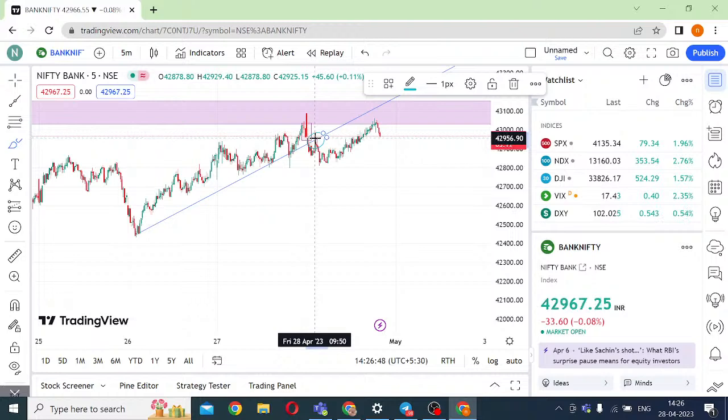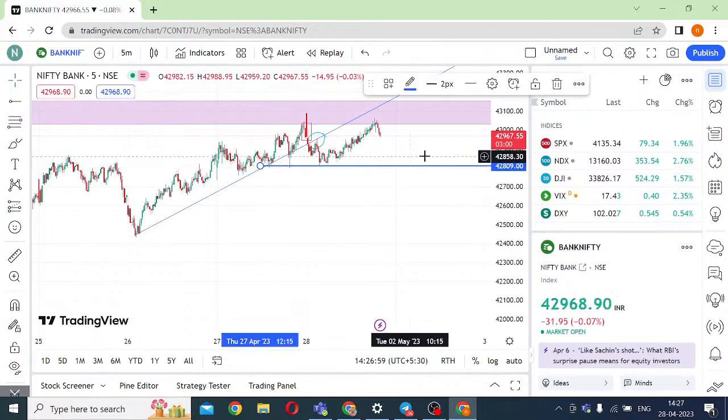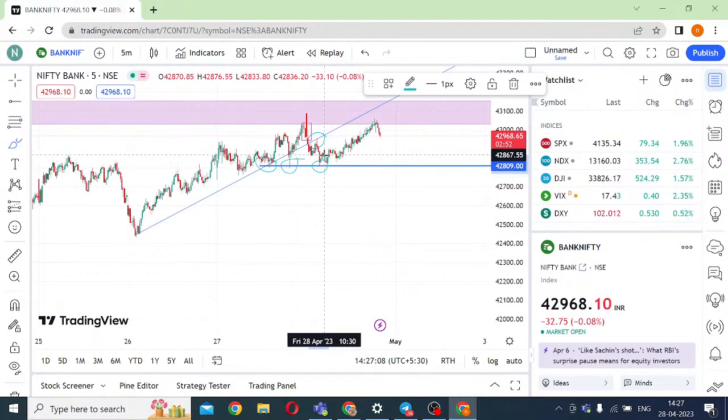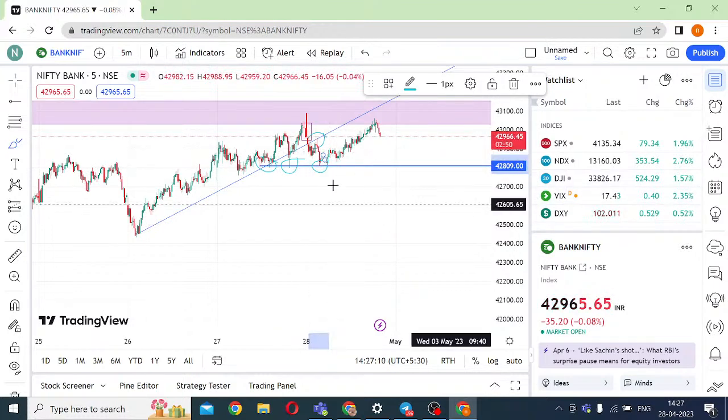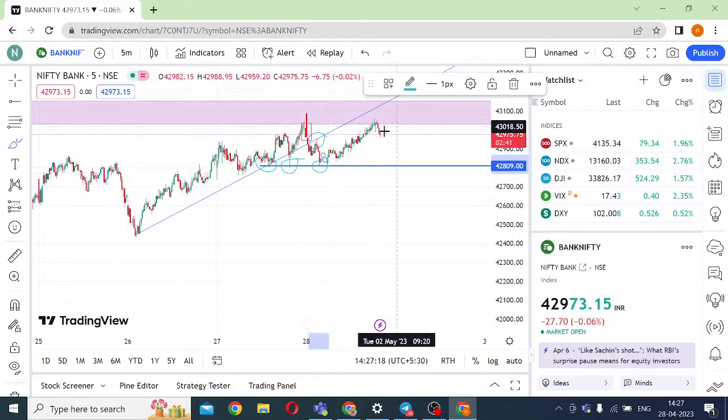And this one gave a decent move from 42,956 to 42,810. Now, why am I not looking at any big targets here? The reason is simple. Do you see how many places have been taken? You have 2 weeks here, third week here, fourth week here. When it was consolidating, till this candle I was hoping that it will actually break the lows. I was hoping it would break the lows, but